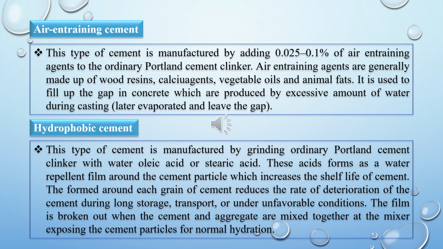Now, the next one is hydrophobic cement. This type of cement is manufactured by grinding ordinary Portland cement clinker with water, oleic acid and stearic acid. These acids form a water repellent film around the cement particles which increases the shelf life of cement. The film around each grain of cement reduces the rate of deterioration of the cement during long storage, transport